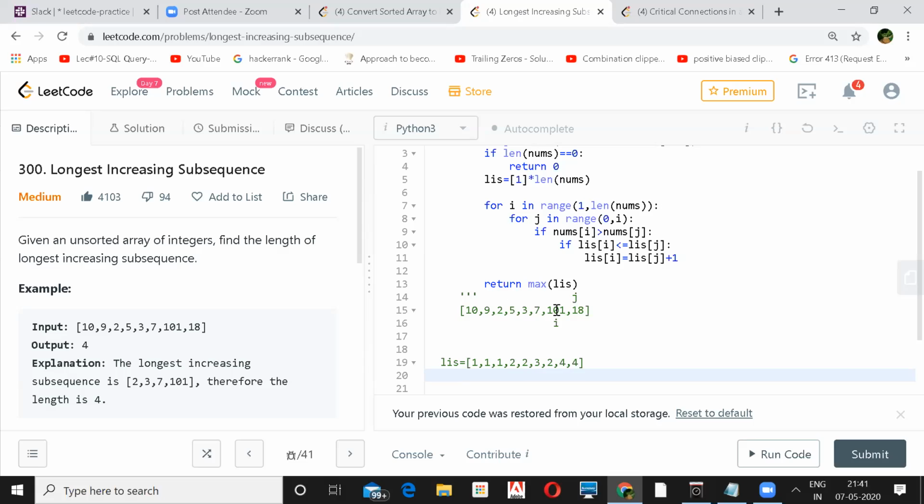Yeah, I think the 7 should be 3. I'm sorry, actually, I missed that when you were working on it. So the 7 index should be 3. The LIS should be 3. I think this one, right? Yeah, that should also be 3. Main is the intuition like we had.